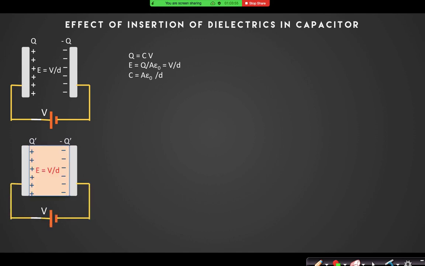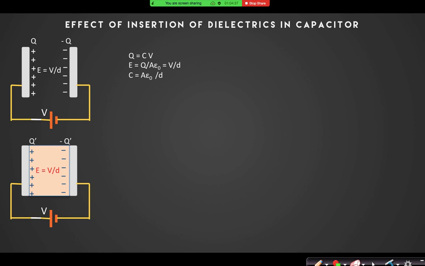What will happen now if I place a dielectric in between them? Now see what I have done. For the same configuration, now I have changed the charge Q. Why has the charge Q changed? Because the effective capacitance between the plates is not A epsilon by D now. It has changed, so the battery has to send a different voltage, a different charge now. Let us assume that charge to be Q prime and minus Q prime, as I have shown.